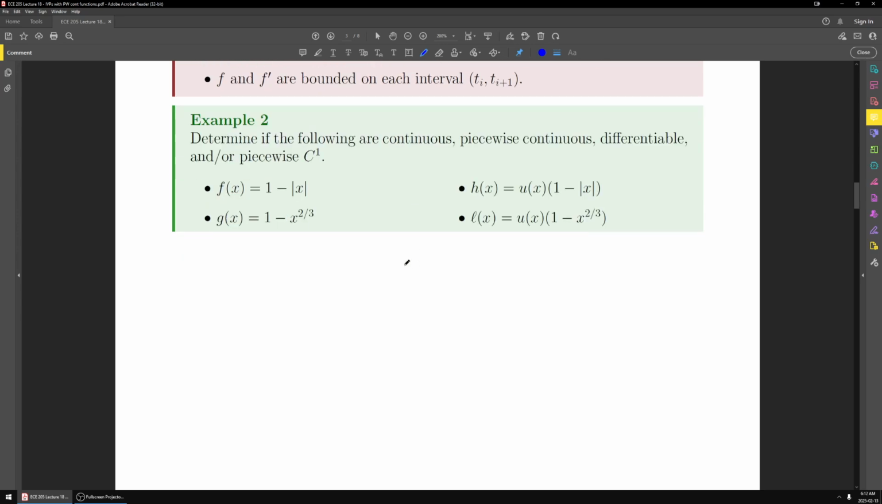So again, we can analyze these to check if they're going to be continuous, piecewise continuous, differentiable, or piecewise C1. And these concepts are slightly related, right? Like if I am differentiable, then I'm continuous, right? If I'm continuous, I'm piecewise continuous. But if I'm piecewise continuous, I'm not necessarily continuous, right? So there are some simple relations between these four concepts, and we'll try to illustrate some of those by